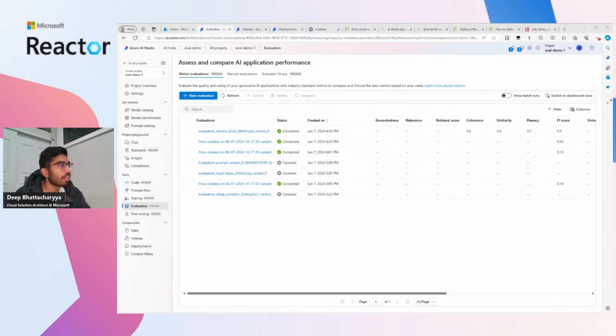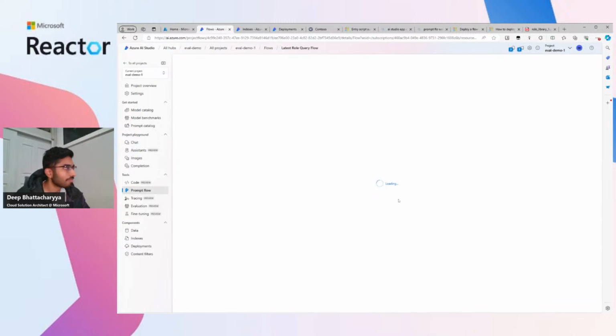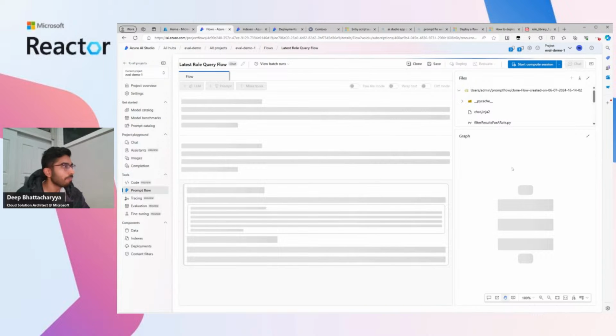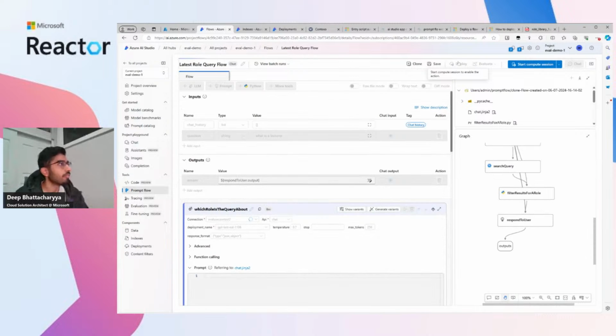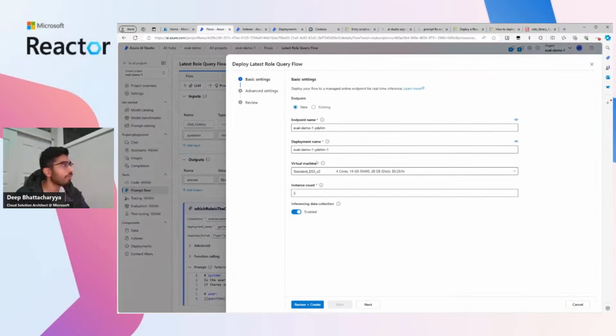The next one is around deploying prompt flow into an endpoint. So let's say you've got your flow now. I've gone through the flow with everyone, and you want to deploy this into production. How do you do it? Well, there is a button here which lets you deploy it to an endpoint. You can click on this button, and that will help you to create load balanced compute resources in order to deploy that endpoint. So you give your endpoint a name,